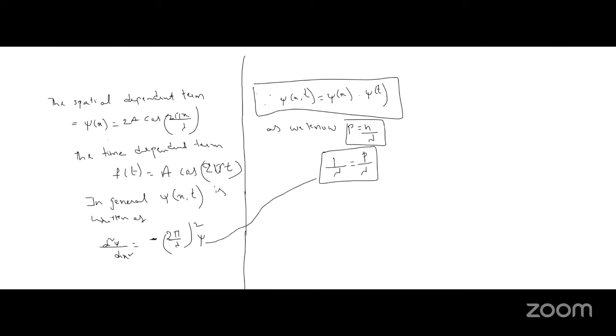After substituting, I get del square psi by del x square equal to minus 2 pi as it is, and in place of 1 by lambda I substitute p by h, so (2 pi p by h) whole square times psi, which is minus 4 pi square